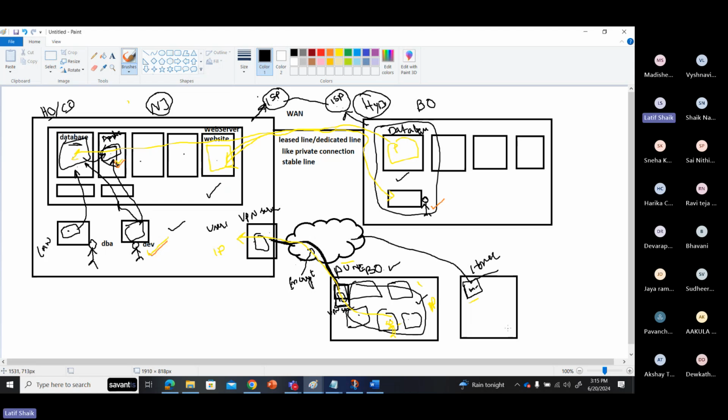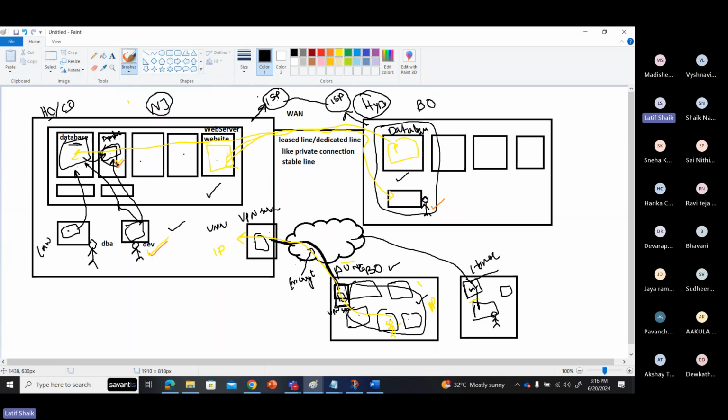So you have a private laptop in your home, and this is the internet connection. Other than that, the remaining part is your private network only. So your laptop is connected to the internet first, then you try to connect to the VPN from your laptop.